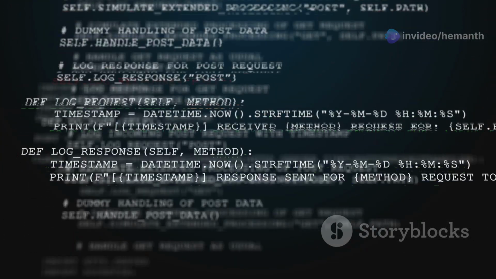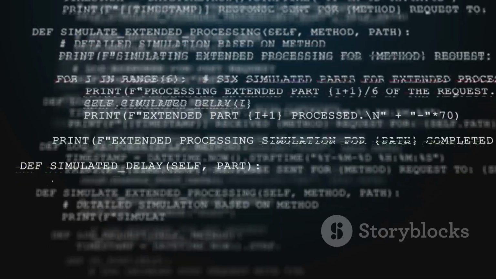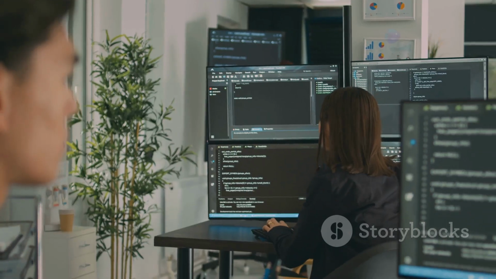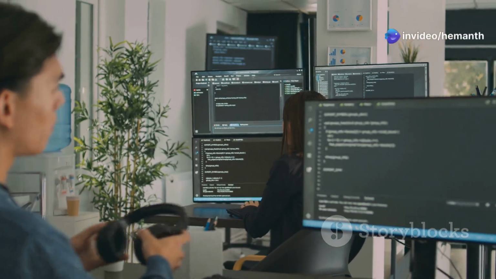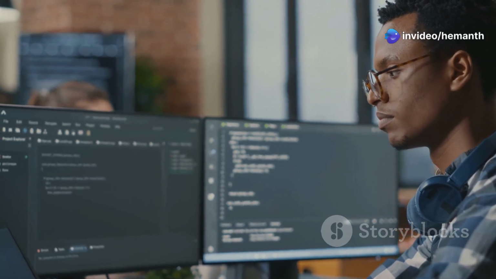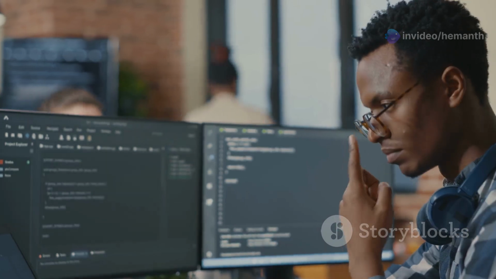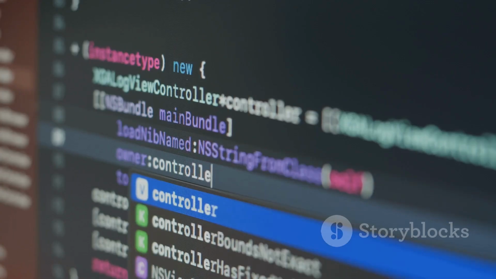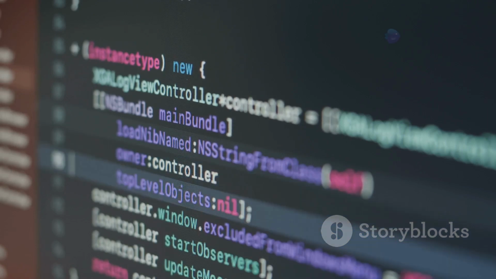Section 9. The importance of collections in Java. Java collections are a fundamental part of the language. They provide a powerful and flexible way to work with groups of objects. Understanding and using collections effectively can greatly improve the efficiency and organization of your code. By leveraging the pre-built methods provided by the collections framework, you can save time and effort, writing cleaner and more